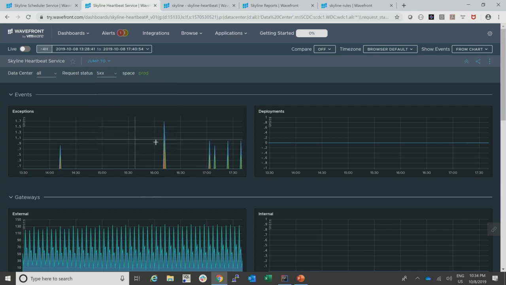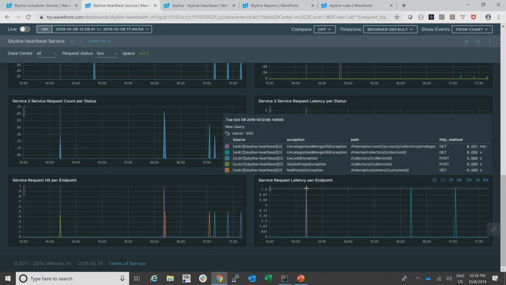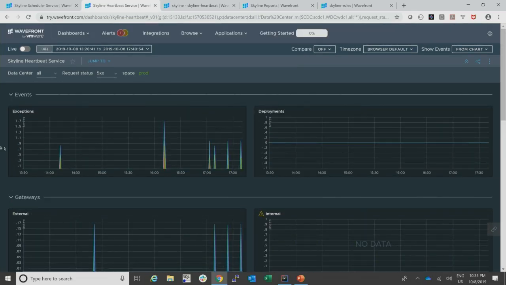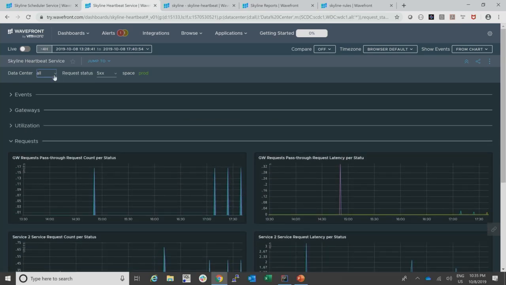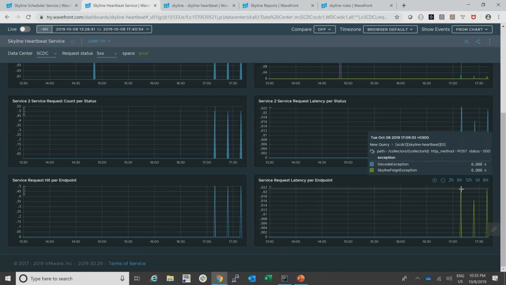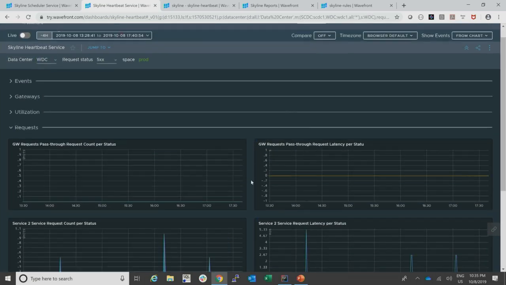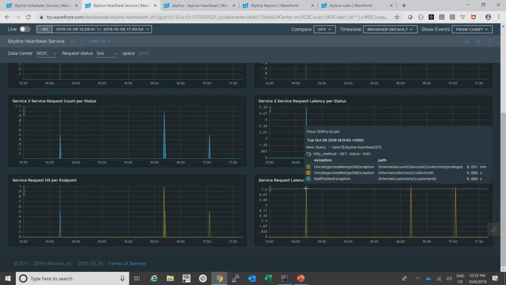Let's just filter out something that just failed. Okay, good. And let's do a little bit more digging, and I'll just collapse those. I don't want to scroll back and forth that much. So let's right now try to filter per data center. Okay, let's see what's happening in one of our data centers. Okay, there are some failures, but really they are in milliseconds, so okay, let's check the other data center. Okay, now there it is, uncategorized MongoDB exception.